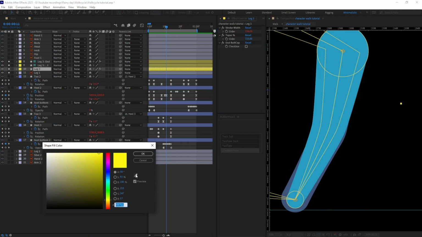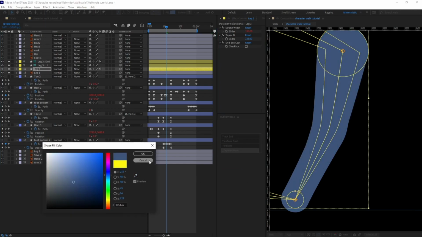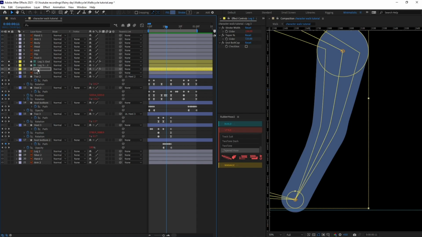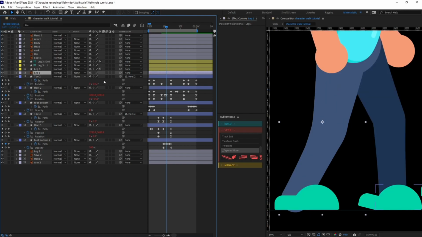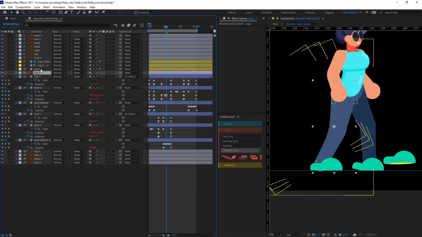So we are going to select this color for fill and then unsolo the layer, and let's hide this layer.